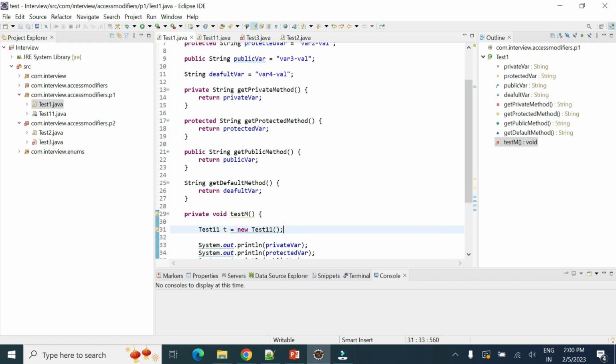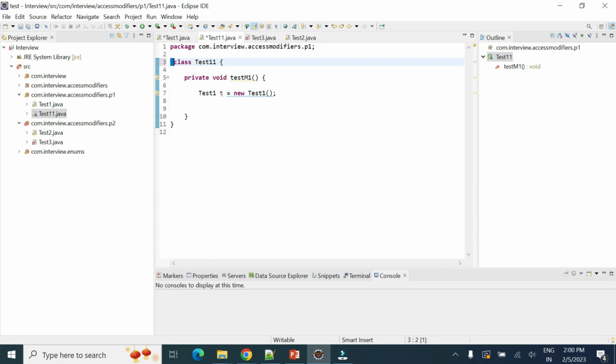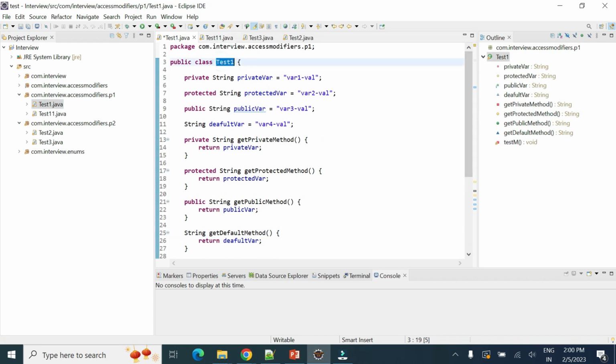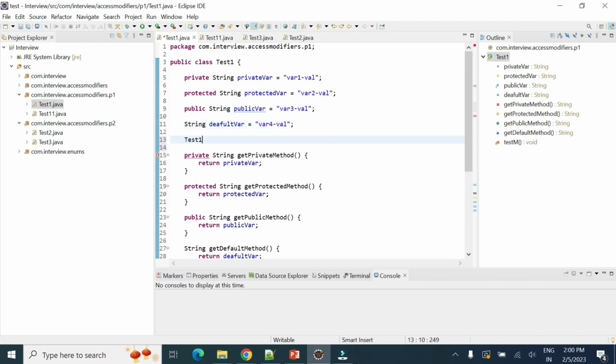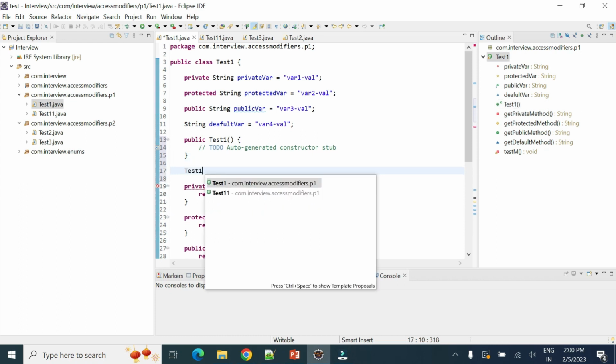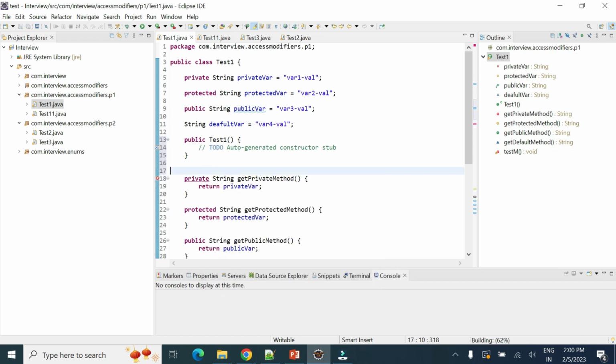And the same applies to constructors. Let's go back to the previous one. Now if I have a constructor for test1, this is public by default. I can create multiple constructors with different arguments. Say first it is a public constructor, then it can be accessed from anywhere. If the constructor is protected,